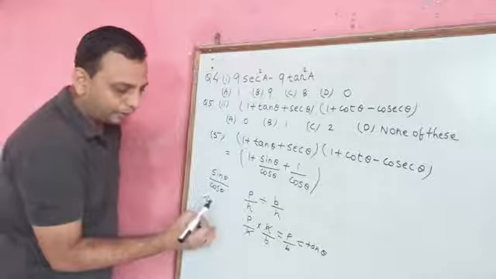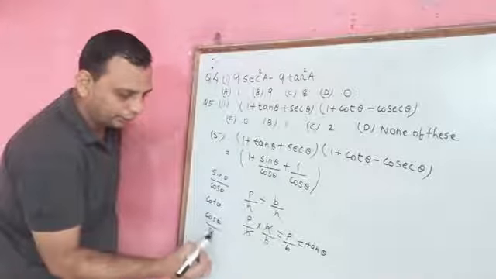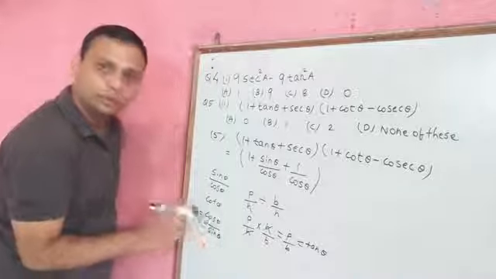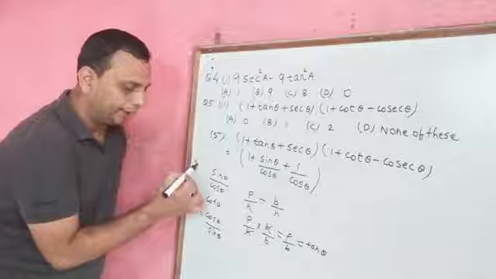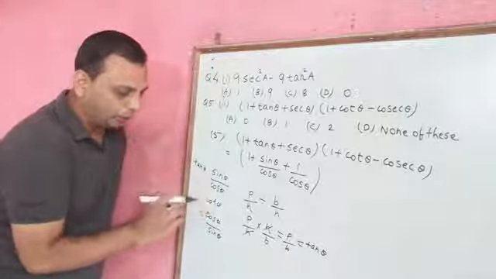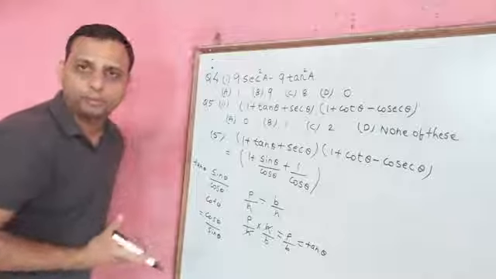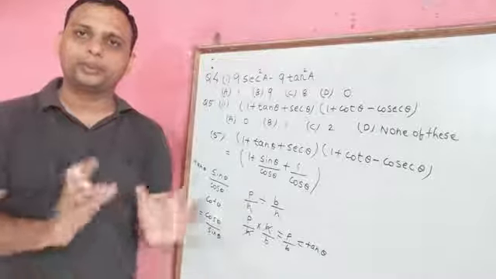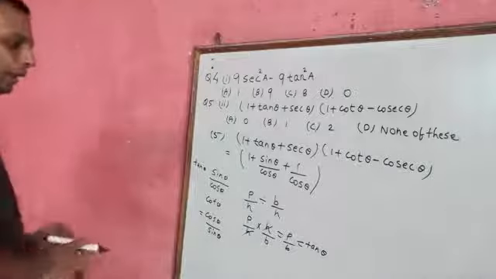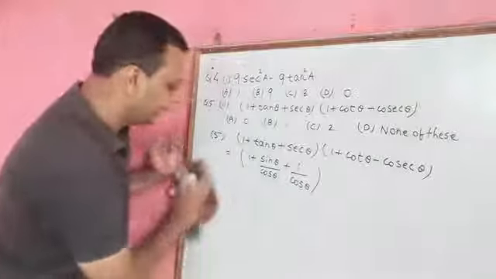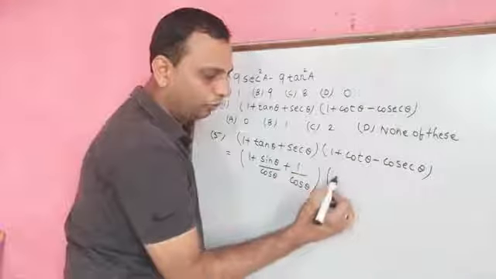Similarly, cot theta is equal to cos upon sin, because it is the reciprocal of tan theta. Tan theta is equal to sin upon cos, and cot theta is equal to cos upon sin. So I hope you can remember this formula, because we have to convert everything in the form of sin and cos. Now we will apply it again here.